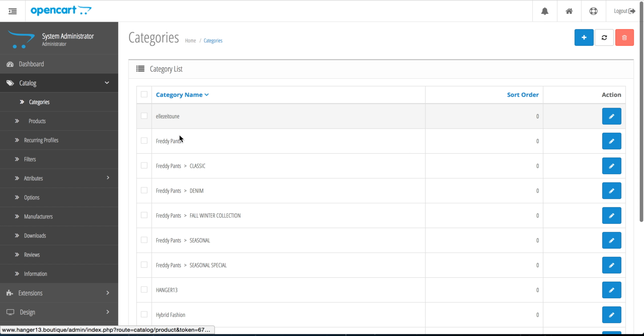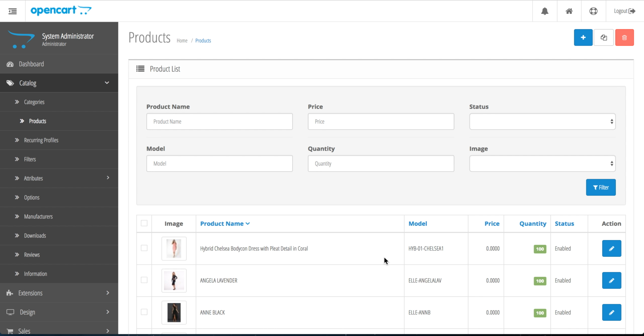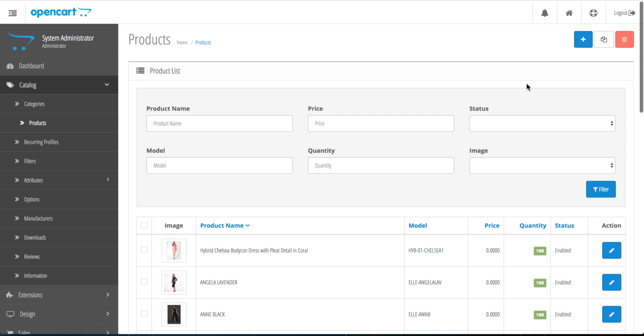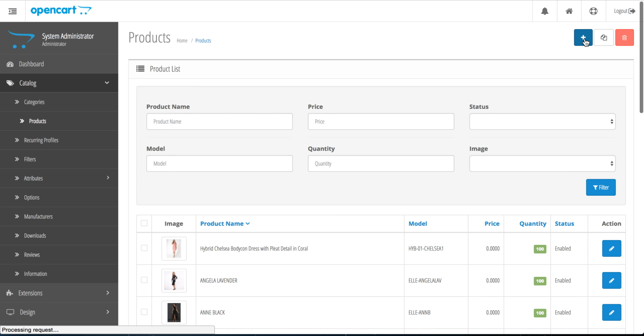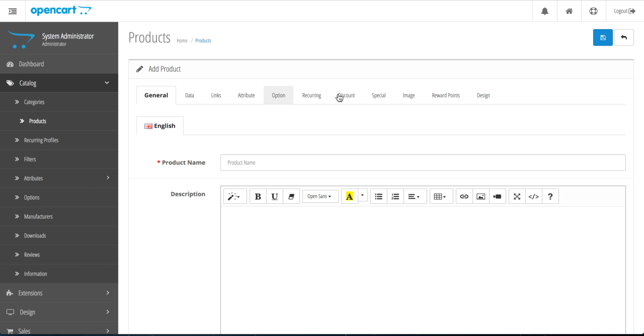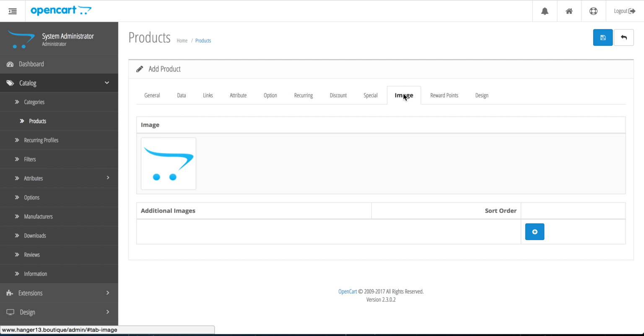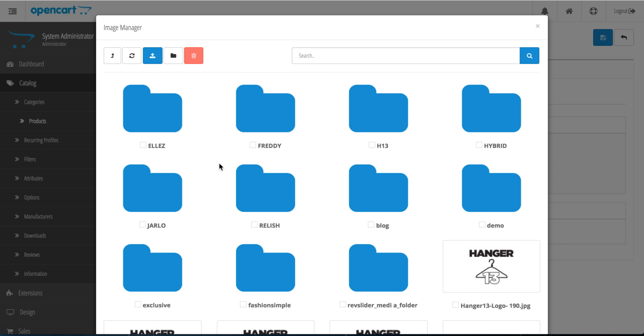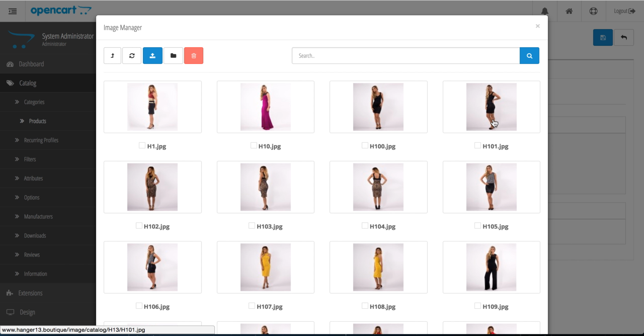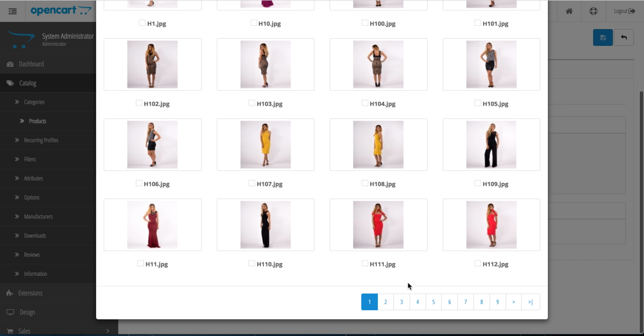The next step after setting up your categories is to go into the products and add in a new product. Now, previous to this video, I've received a collection of photographs and added them already to the website so that the product range can be used. Just to make things easier on myself, I'm going to go into the image manager and choose an image from the H13 folder. So choosing this will load up the new photography that has been sent by the client,